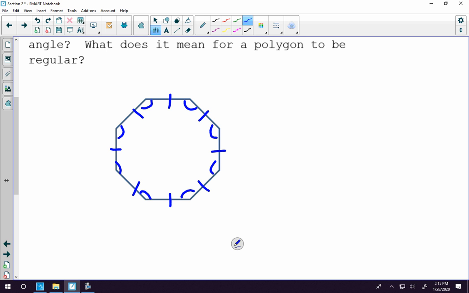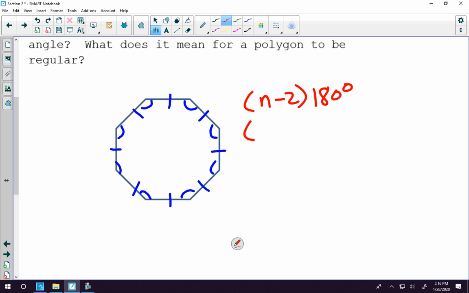Okay? So this is a regular octagon. If it's a regular octagon, it means it has 8 sides. I already know it has 6 triangles in there, applying what we just learned on a previous page of n minus 2 times 180. So the sum of the interior angles here is going to be found by the number of sides minus 2